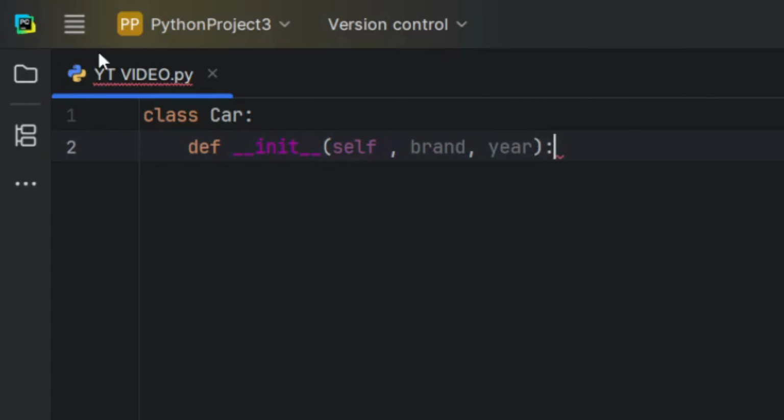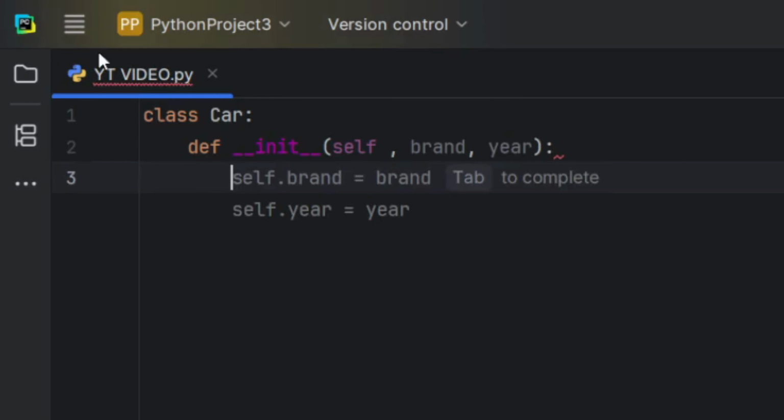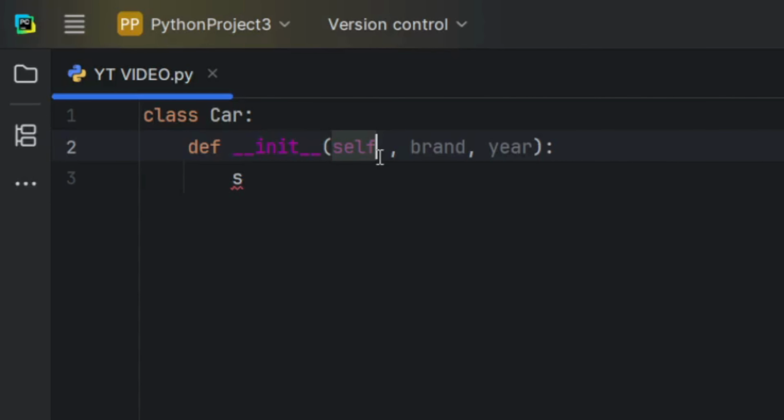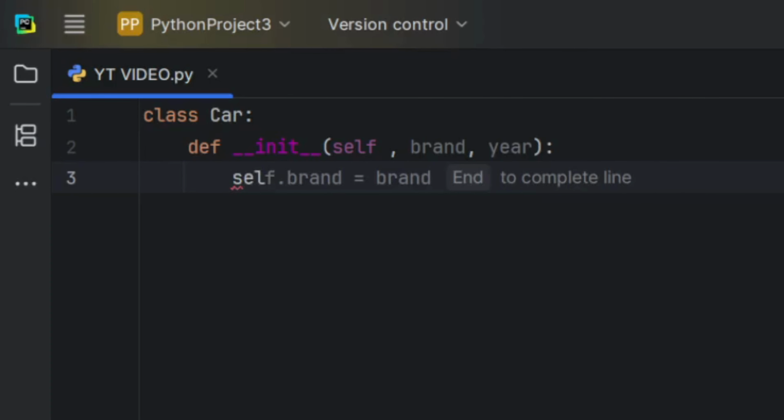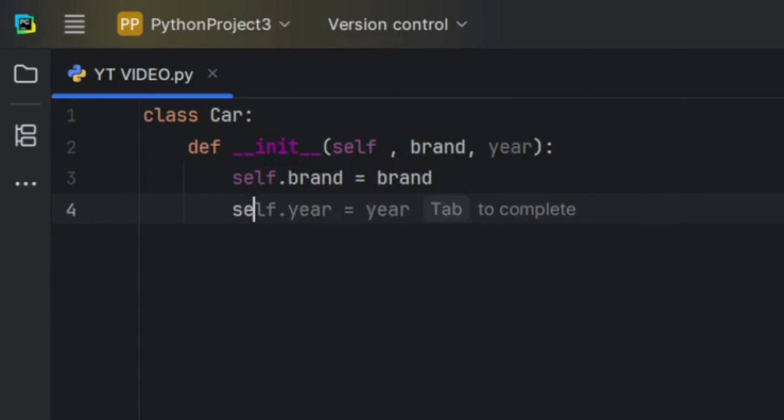Now, under this, let's make everything into proper words. The first term you see over here, self, initializes everything after it. So brand and year. To make it easier for us, we'll set self.brand is equal to brand and self.year is equal to year.